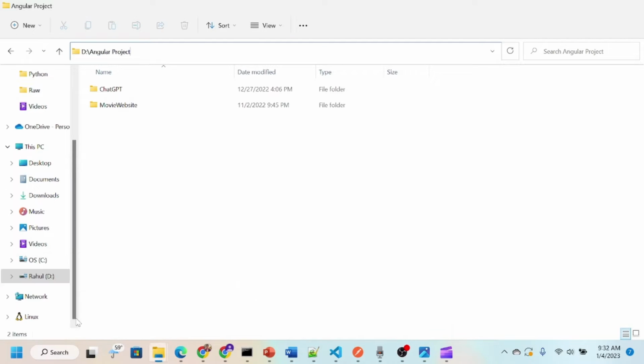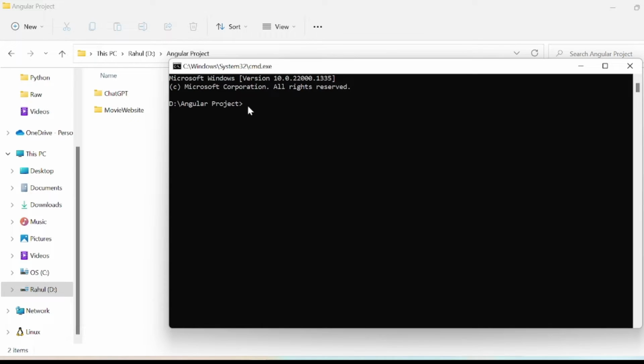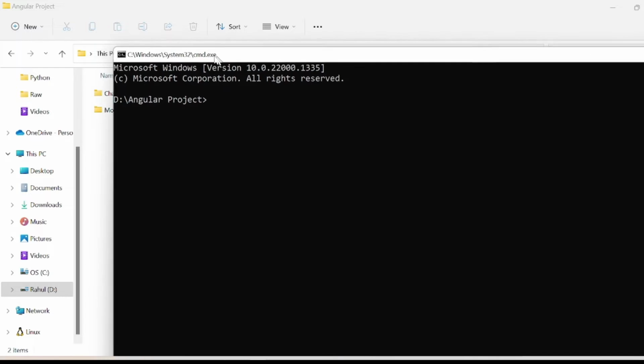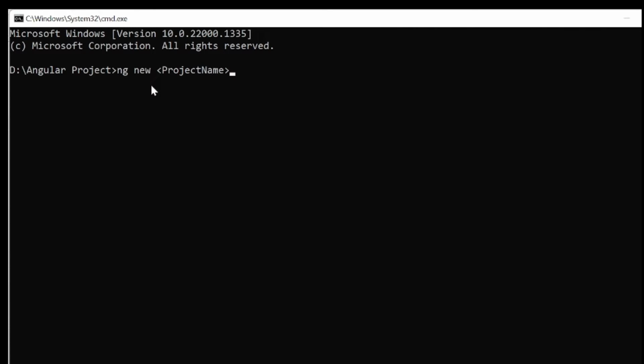Create the project in a particular folder, go to that folder, and just type cmd and click enter. Now to create the Angular project, we have one command called ng new, and the project name will go here. This is a command I also wrote in our description, but you have to remember this command because every time you create a new project, you have to use it. Right now we are creating the hello world program, so I will write ng new hello world program